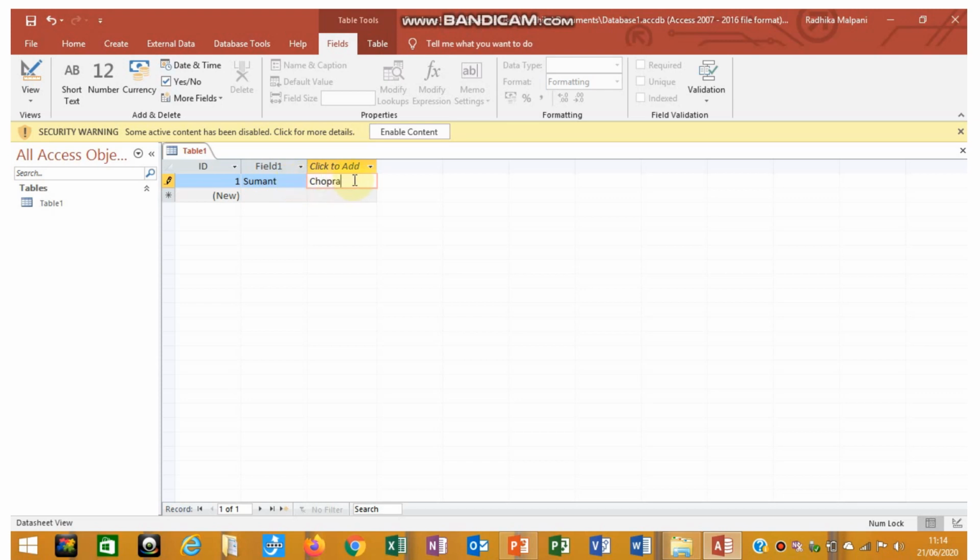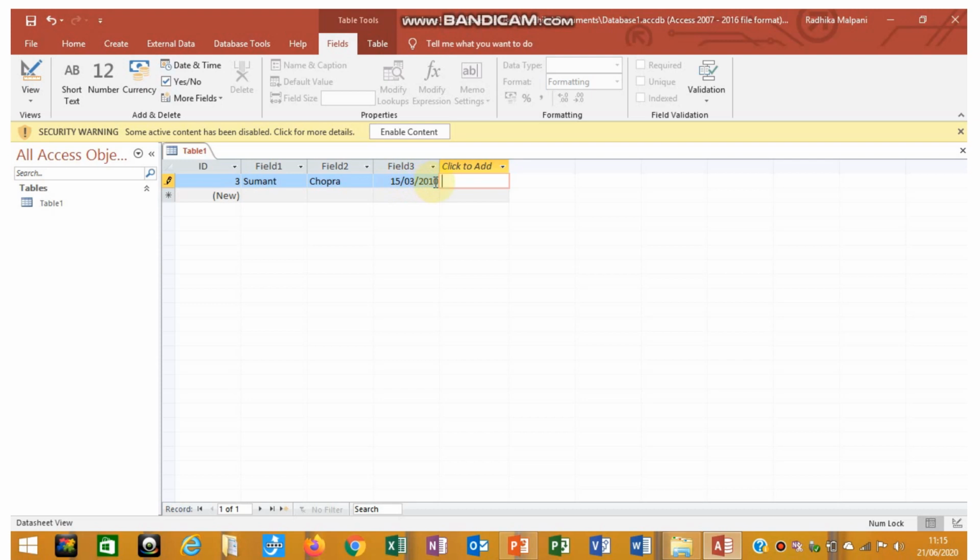Fine. After entering, now you need to enter the date of joining the organization. Fine. So I am entering here any date you can enter. This is just an example I am showing of how you can enter the details of the employees. So after entering the date, click on the tab button, and after clicking on the tab button, you will be able to see that under the field 3, the date